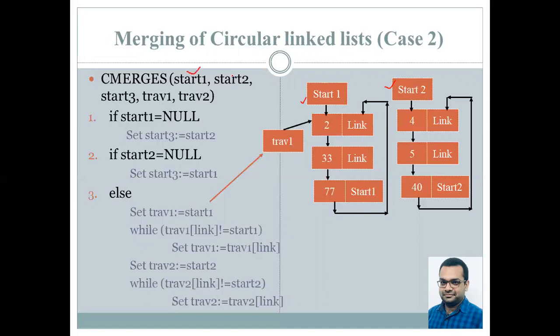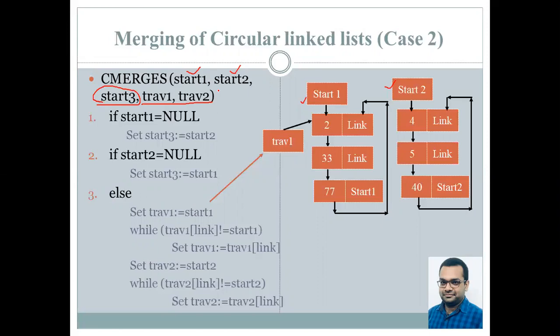So we are given start1 and start2 as being the header nodes of the two circular linked lists that we want to merge. We'll be taking out one node at a time from these two linked lists and putting them into the linked list with the header node at start3. We'll be making use of two traversal pointers, traversal1 and traversal2. Traversal1 is going to start from the first node of list1 and go till the end of list1 so that it always holds the address of the last node. Similarly, traversal2 is going to hold the address of the last node of list2, so that every time the last node is made to point back to the first node.